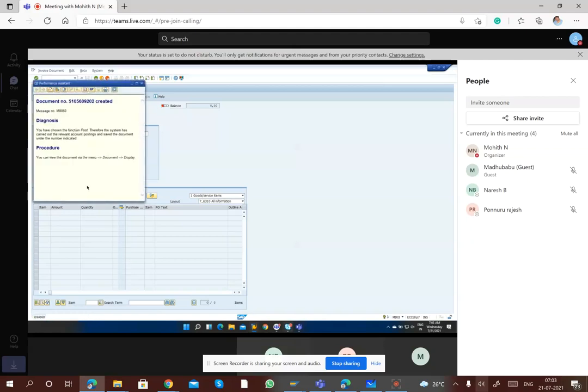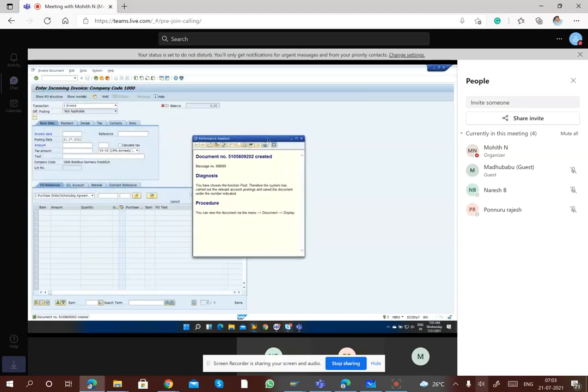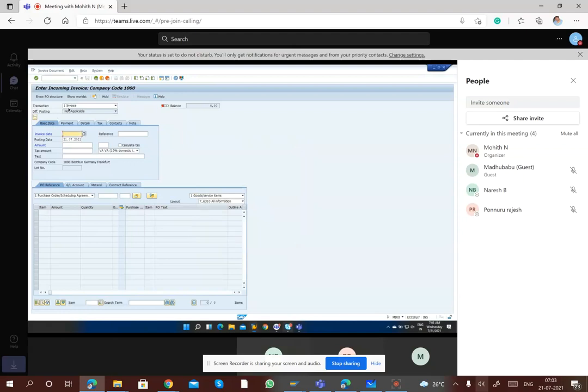If you double click on this, you can enlarge the screen. Okay, 51590. Now if you remember, I maintained some number ranges which start with 50000, right? But why did I get 510? Because those number ranges are not for this document. Now we will display this document and see where those number ranges are used, so that you'll understand for what purpose I have maintained them.